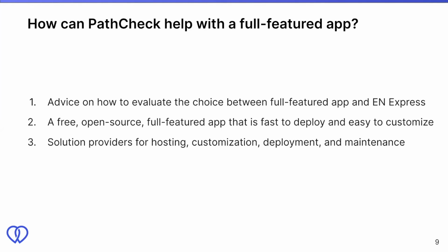Of course, we have a free open source full-featured app. We've designed it so it's really fast to deploy and easy to customize. It has some of the same configuration characteristics as Exposure Notification Express, and ultimately we'll be bringing those closer together. So there's really a standard set of configuration choices, and it's very, very quick to get an app generated and